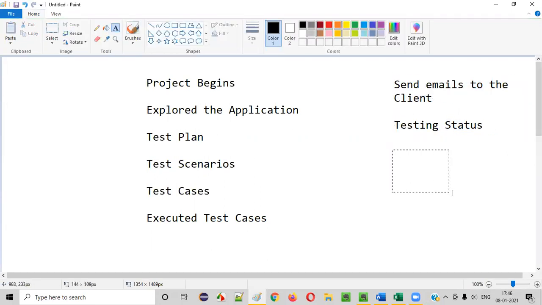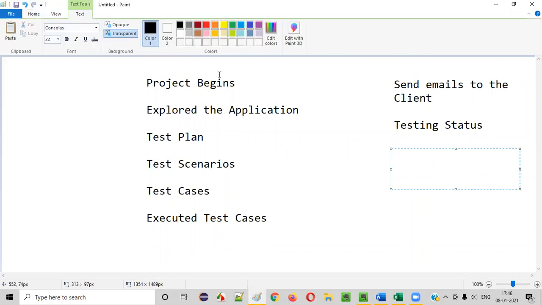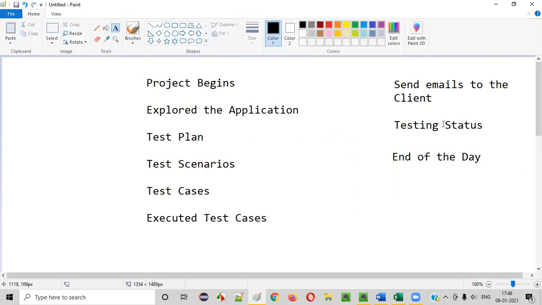When do we have to send? Every day, guys. From the project begins, every day at the end of the day, we need to send these testing status emails to the client, with the details of what we performed on that particular day. It's our duty as a software tester to communicate to the client regarding what we performed on that particular day,